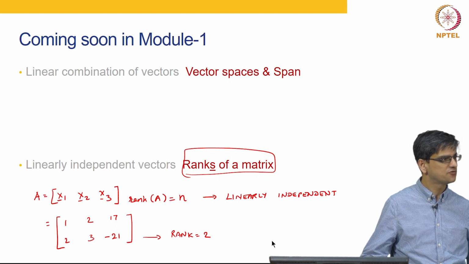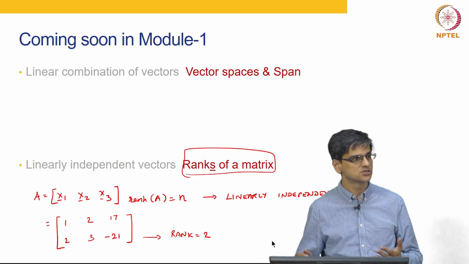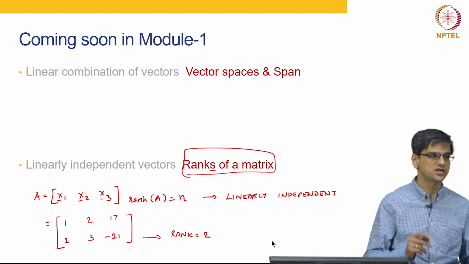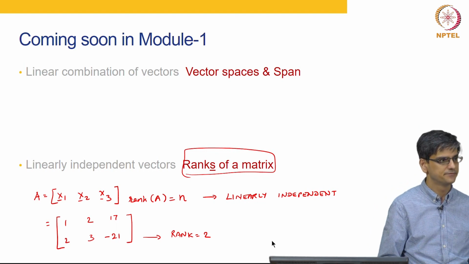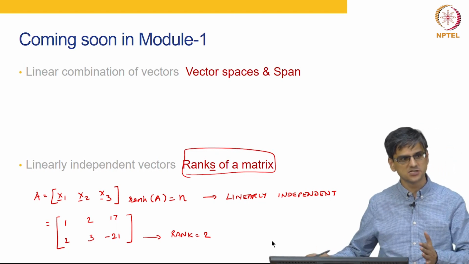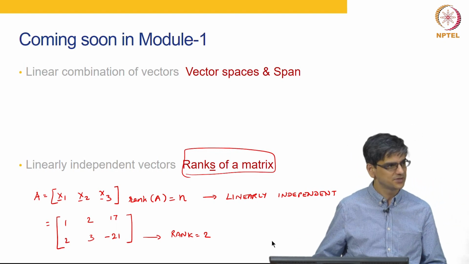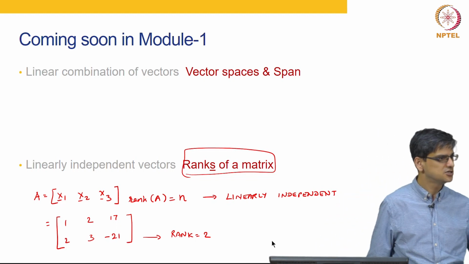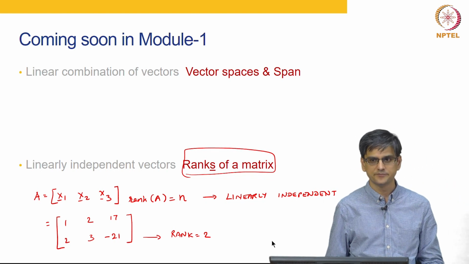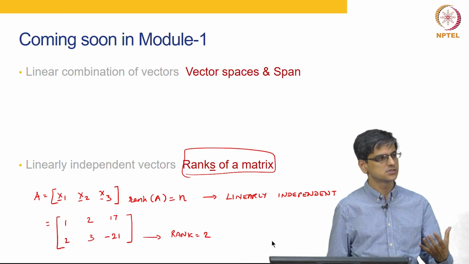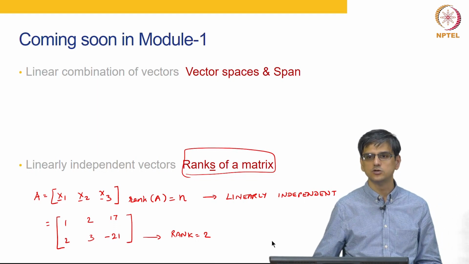Whether you talk about this from an algebra viewpoint or a geometry viewpoint, it is the same concept. For 3 vectors to be linearly independent, the 3 vectors cannot lie in the same plane. But if the space is a 2-dimensional space, you cannot have the third vector out of plane, it has to lie in the same plane, therefore they are not linearly independent. That is the geometric interpretation. Algebraically, this is how you can interpret it. And what goes behind this is the theorem that the row rank is always equal to the column rank.